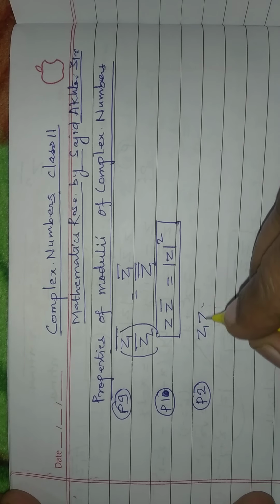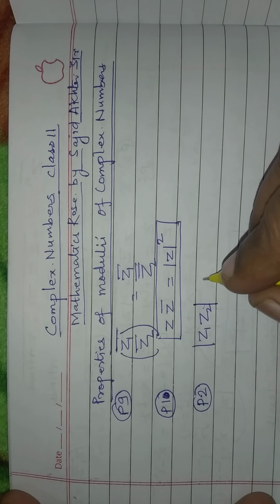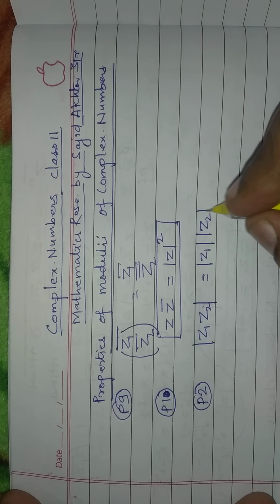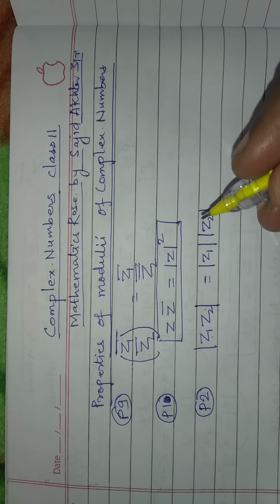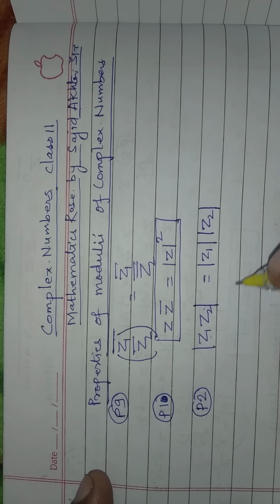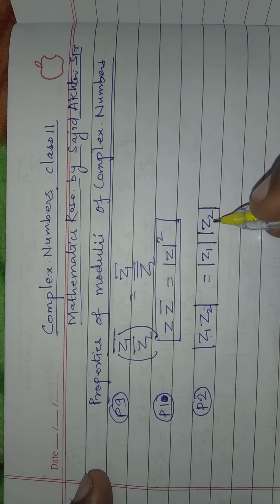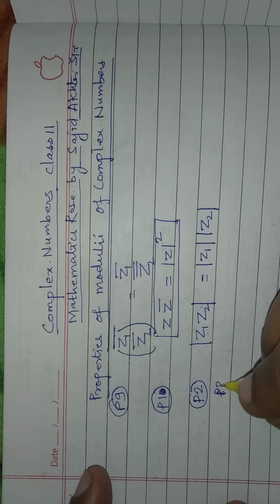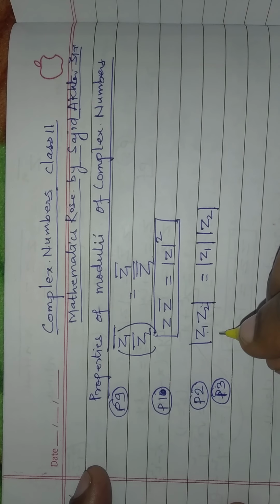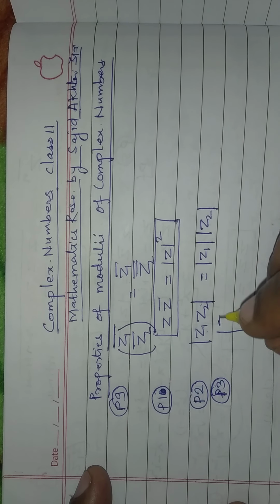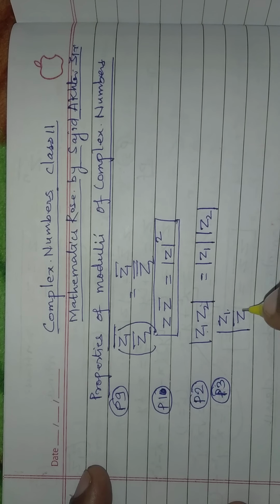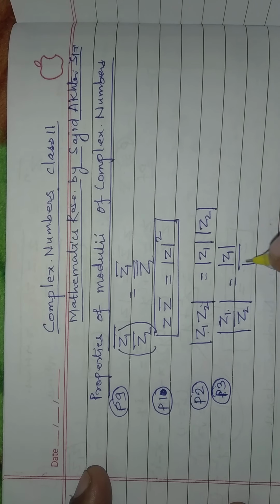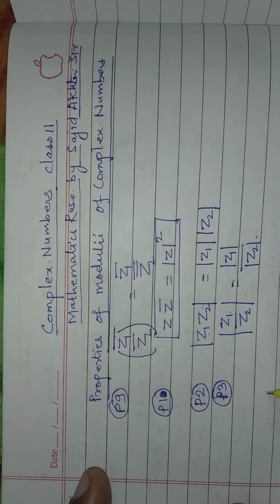Modulus of Z1 Z2 is equal to modulus of Z1 into modulus of Z2. If we prove it, we will get it. If you want to see, otherwise I am coming to, because it is an easy one, the next property 3. Modulus of Z1 upon Z2 is equal to modulus of Z1 upon modulus of Z2. Now next